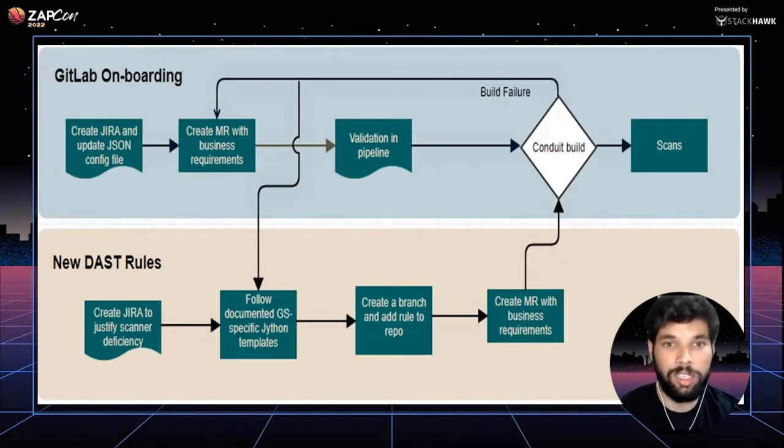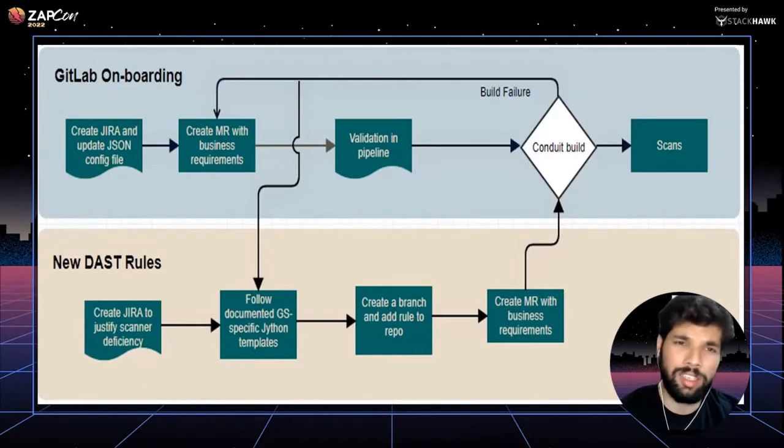So obviously, in addition to what ZAP finds, there are some rules which are very firm specific that we would want to capture on our weekly scans, on our scheduled scans, like we mentioned before. The pipeline for that is very similar to what I mentioned: create a Jira ticket with the rule, with the Jython based rule.